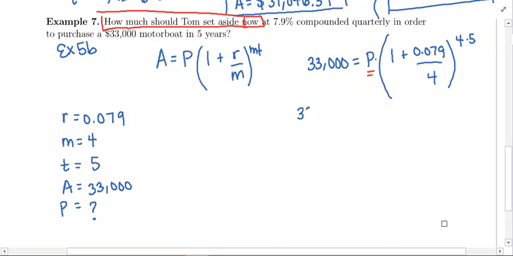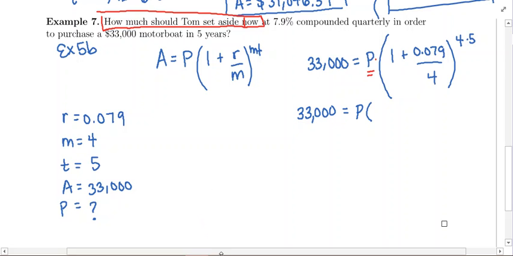I am going to rewrite this, okay? And I've told you this before. Keep writing your work, okay? One step at a time. Do not try to do everything at once. You will likely make a mistake if you do that, okay? But if you do it step by step, write everything out, take it slow, you're less likely to make a mistake. Okay, so we're going to have 33,000 is equal to P times